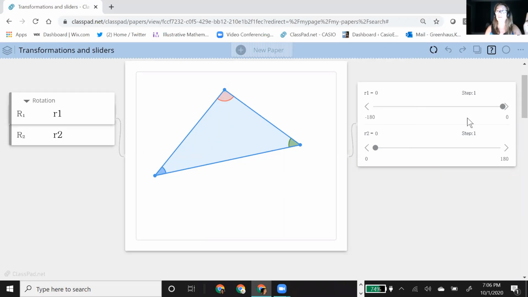And if you look at the range, whenever you do a rotation with a slider, you have angles from 0 to 360. I only wanted to go to 180, so that's why it stops at 180. I changed the range. And notice I have one that's going from negative 180 to 0, and the other one's going from 0 to positive 180. And so the negative is how you change the direction of the rotation. So rotations are always, I believe, counterclockwise. That's the default. So if you want it to go clockwise, you have to make it a negative angle rotation.